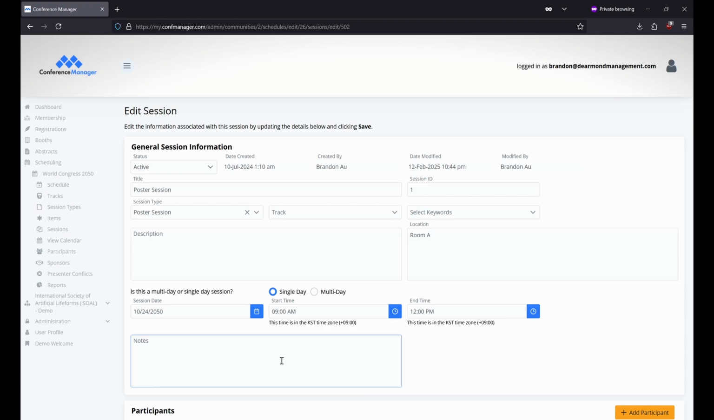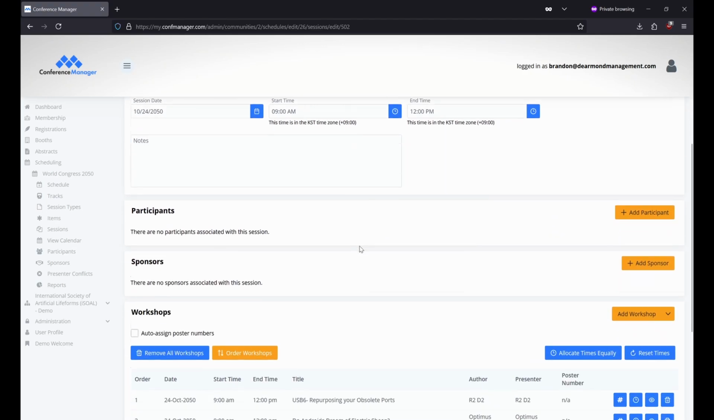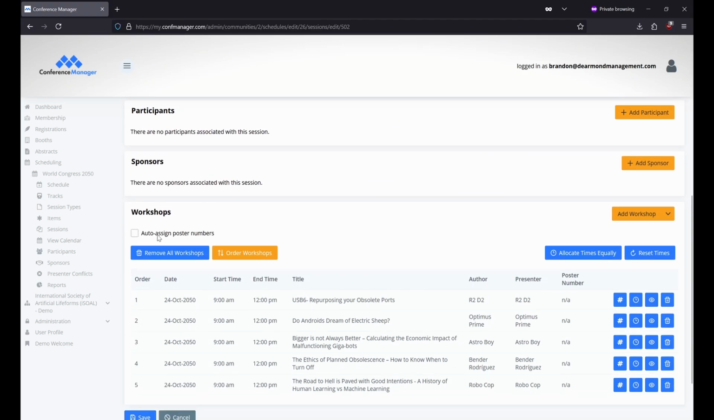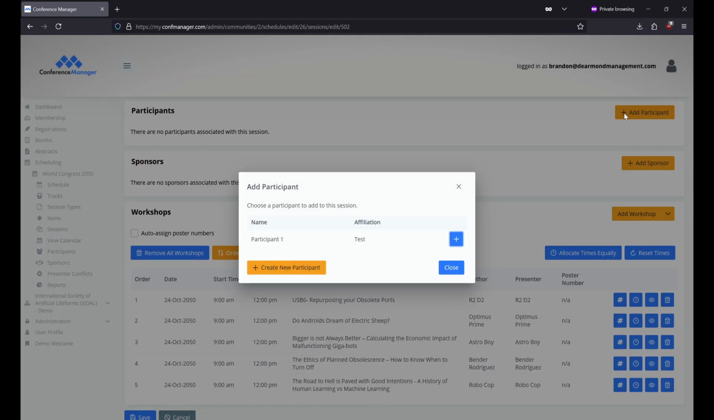The participants and sponsors have repositories in the left menu bar where you can add all the sponsors and participants. Any existing sponsors or participants will appear in the repository. Let's click on the Add Participants button. If there are any existing participants, you can add them with the plus symbol. If they do not exist in the repository, you can create a new participant by clicking on the Create New